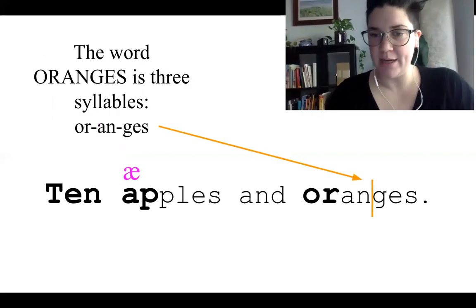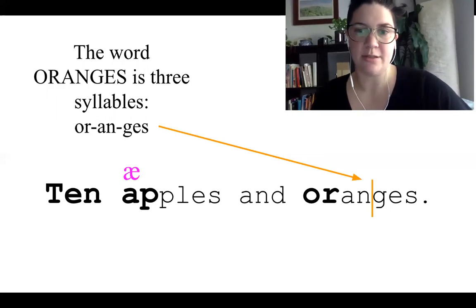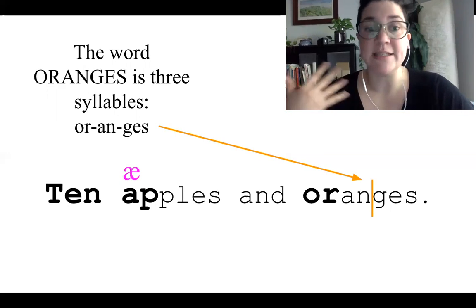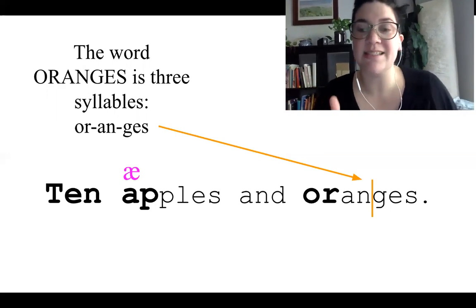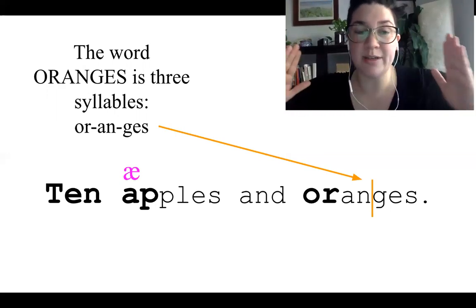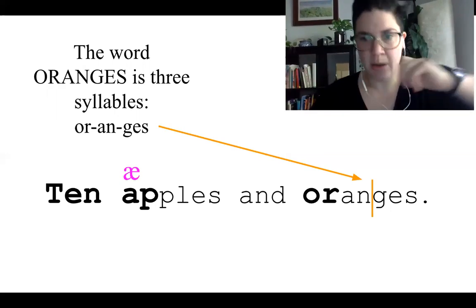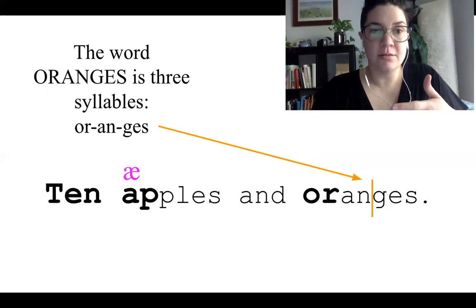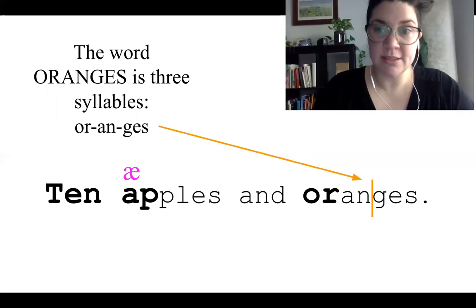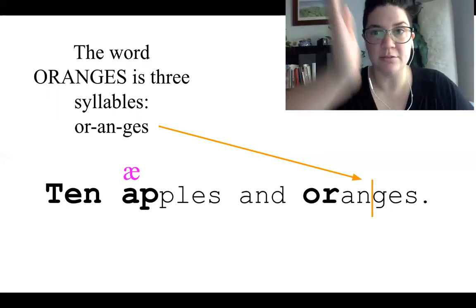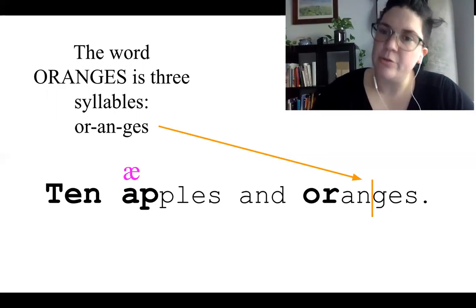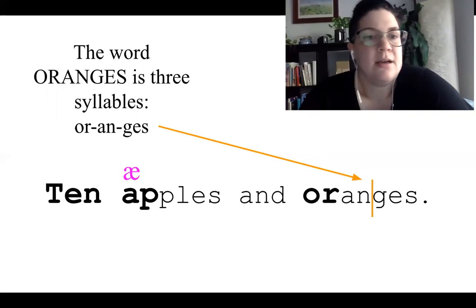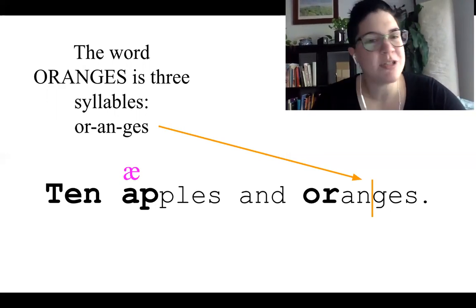Another thing that I want to point out, otra cosa que quiero decir, es que oranges, naranjas, is 3 syllables and it is divided in between the N and the G. It's not oranges or and jizz. Bueno, normalmente cuando vemos la NG pensamos en ING, pero no es este sonido, es